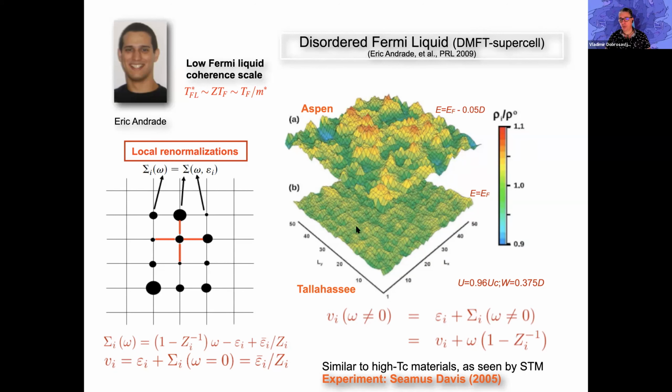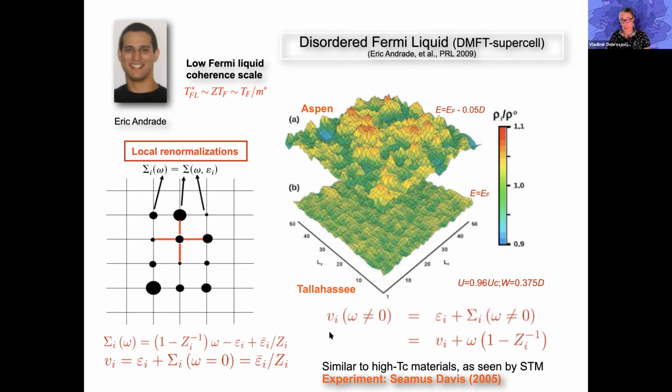Very, very smooth. Why? Because this renormalized potential at the Fermi energy, the disorder is very weak, and the resulting density of states is very smooth. So the disorder is pretty much eliminated if you look at the Fermi energy. But what if we look further from the Fermi energy, which you can do in STM? You can look at electronic states away from the Fermi energy by applying a larger bias.